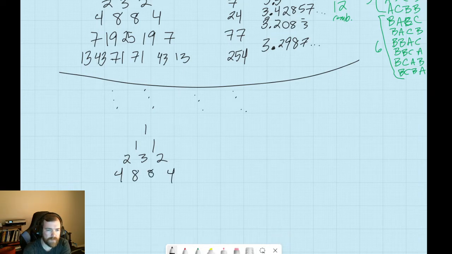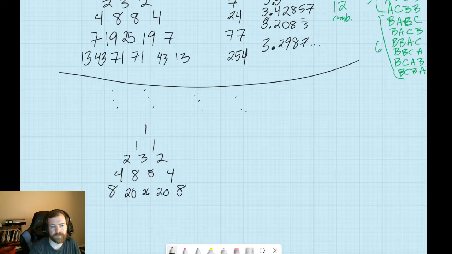When we go down a row, it's going to be 8 on the ends, and in the middle here, we're going to get 4 plus 8 is 12, plus 5 is 17, 18, 19, 20. And then the very middle, we're going to add 8 and 8, 16, and 4 is 20, 3, 4, 5, 6. All right, 16 on the ends.